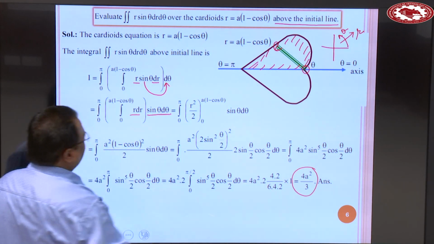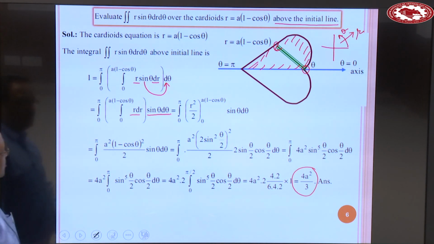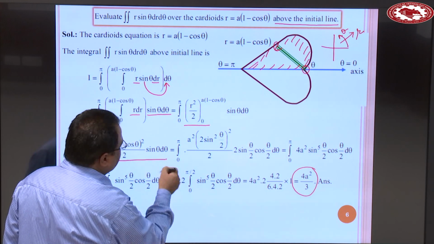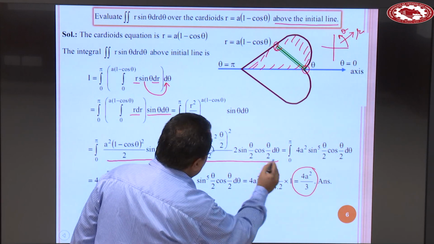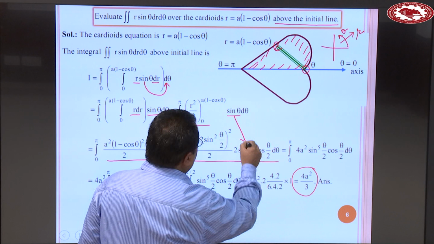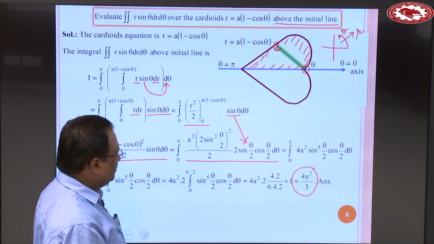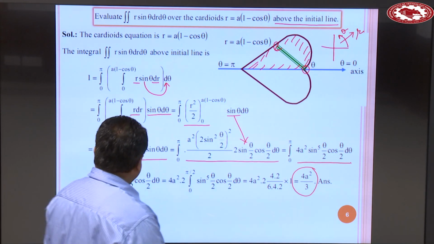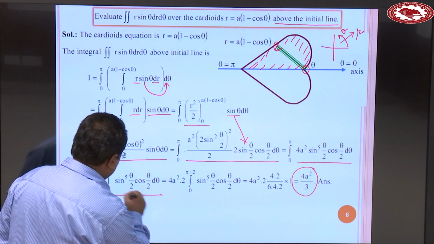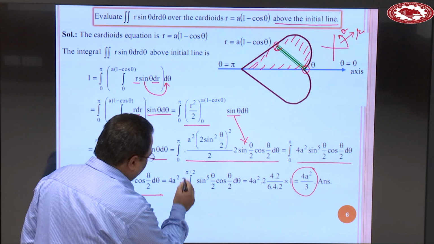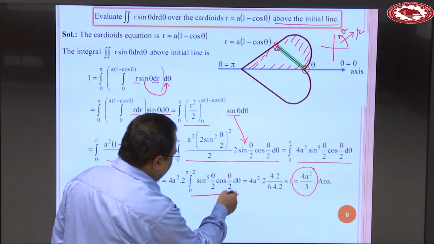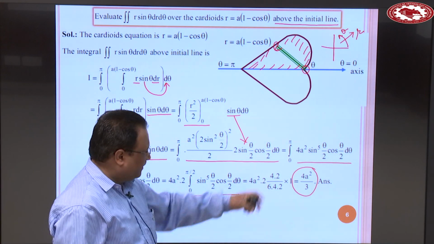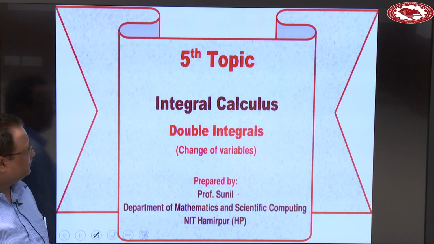Okay, so sin theta d theta. Clear? So solve this inner integral, you will get this. Taking the limits, you will get this, and then simplify. Sin theta is 2 sin theta by 2 cos theta by 2, and on simplifying more, you will get this result, right? And finally, you will get 0 to pi this function and 0 to pi by 2 this function, and using the reduction formula we finally get 4a square by 3.